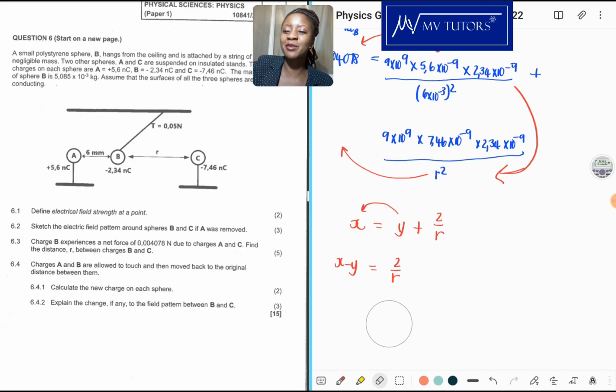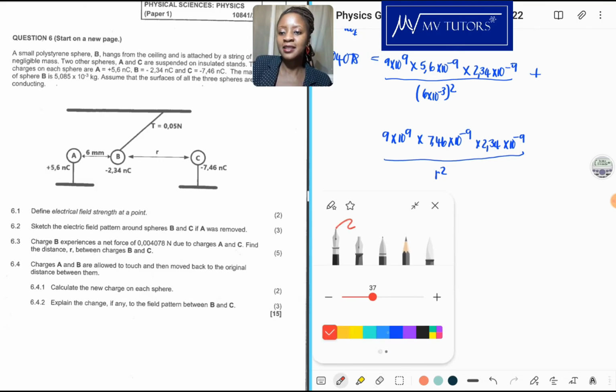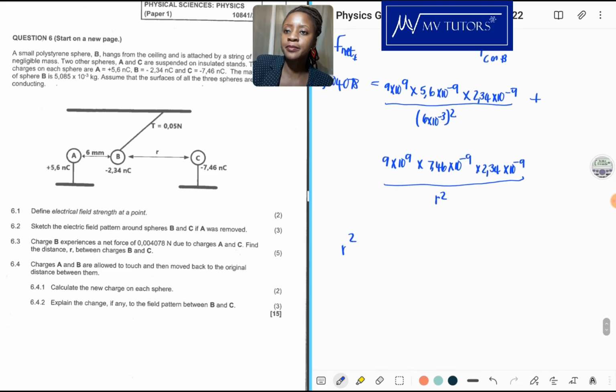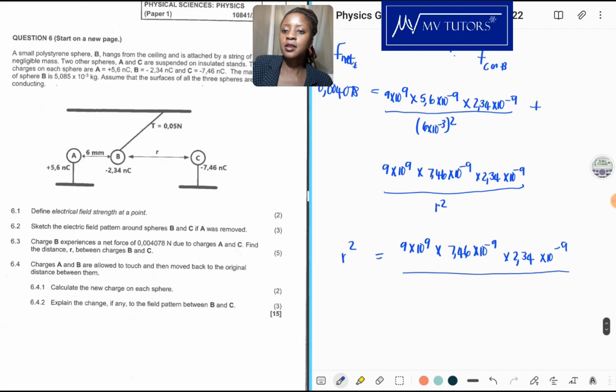Okay, I'm just thinking of a way of putting everything in the calculator. I mean, this is after all physics, so they are assuming you can do the maths, right? So this is not a maths lesson. We're just really trying to get the radius. So the radius squared will then be 9 times 10 to the 9 times 7,46 times 10 to the negative 9 times 2,34 times 10 to the power negative 9. And all of that is equal to